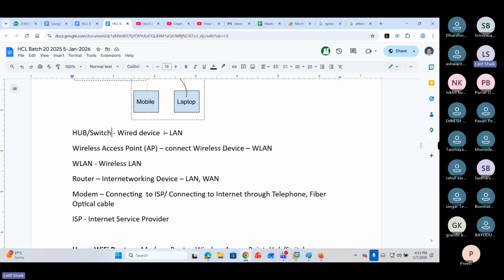So the internet is on a public WAN connection. Next is the modem, already also, to connect to the ISP through telephone cables or fiber optical cables. You connect to the ISP, and from the ISP you are connected to the internet, so then you are accessing internet-related things. ISP, internet service providers.